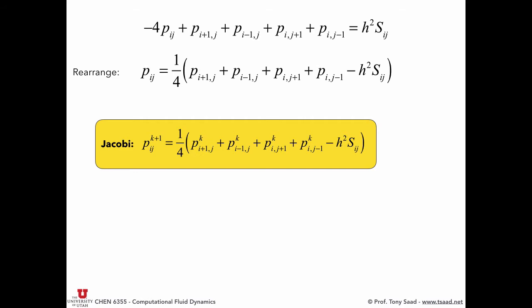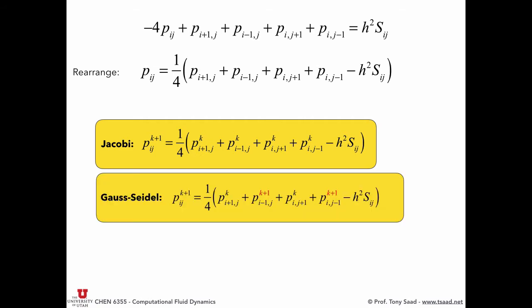So to wrap your head around this, I gave you an example once. If you had 2x plus 3y equals 4 and then 7x plus 8y equals 6. For the first equation, you solve for x using the previous value of y. For the second equation, you solve for y using the previous value of x. Now, one could say, well, as I'm solving this, I already solved for pi minus 1 and pj minus 1. Why do I use the old values? Why don't I use the most recent values? If you do this simple change, so you put k plus 1 here and k plus 1 here,